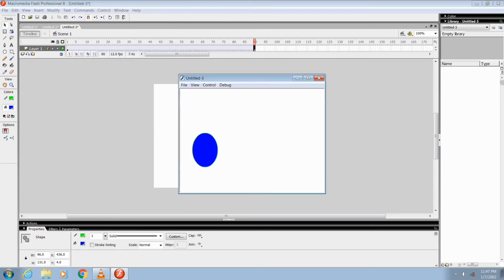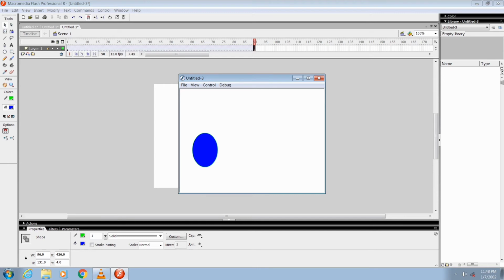Now you can see I have placed this. You can see the effect of motion tween. The object was here and for some time, this will go to the right top. You can see the changes. This is the motion tween.